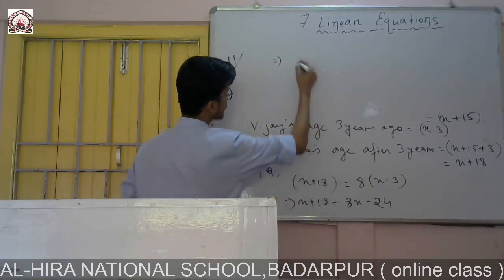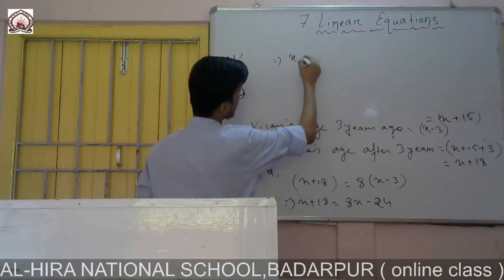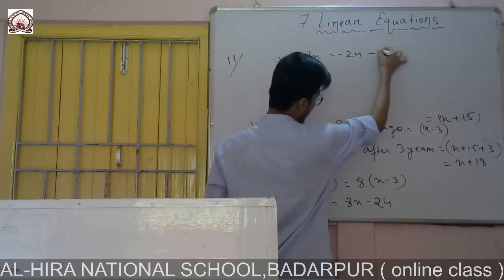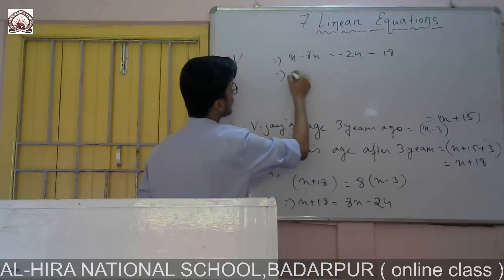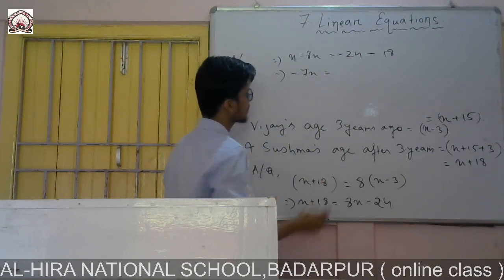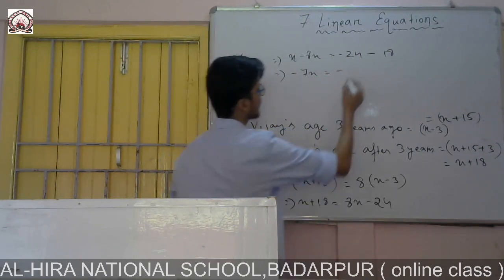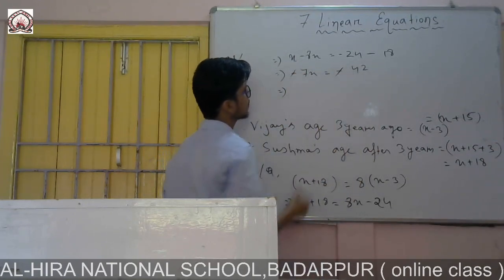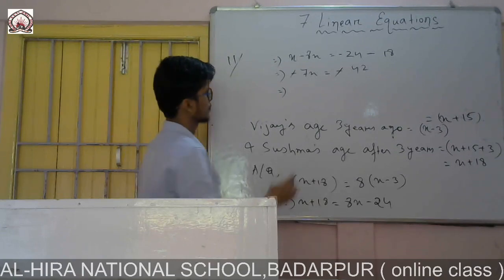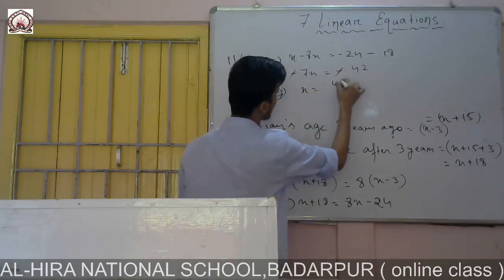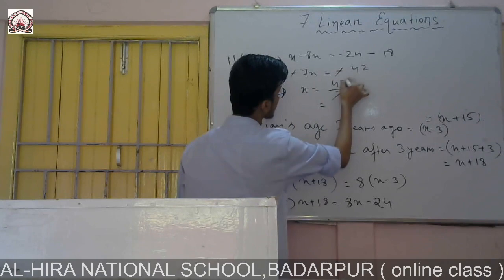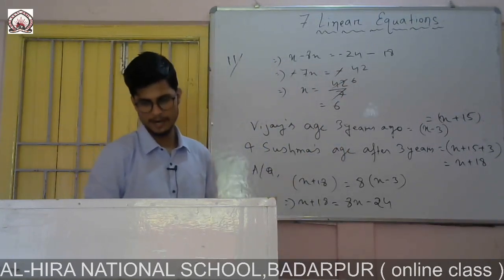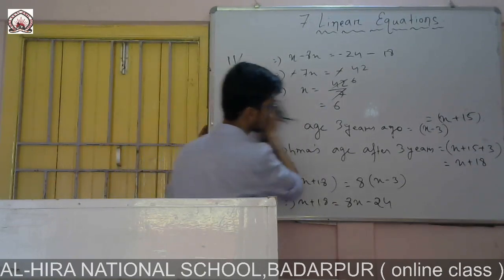Okay, if I interchange it will be okay, x minus 8x, and that side it will be minus 24 minus 18, it will be minus 7x, and that side it will be minus minus, it will be plus, 8 9s are 72... it will be 42. So this side also minus, this side also minus, I can cancel. So x will be equal to 42 by 7, and we know 7 6s are 42, so the value of x will be 6. So now you can find Vijay's present age.